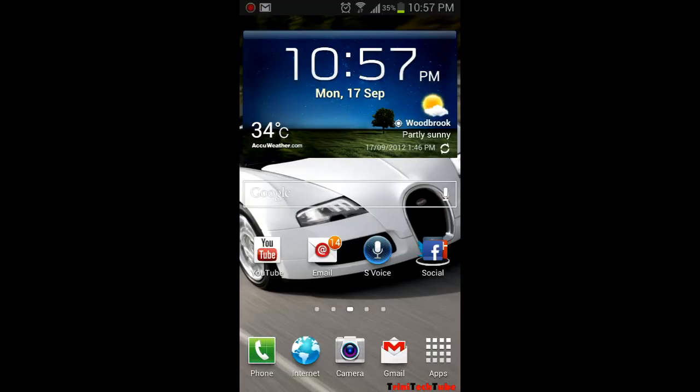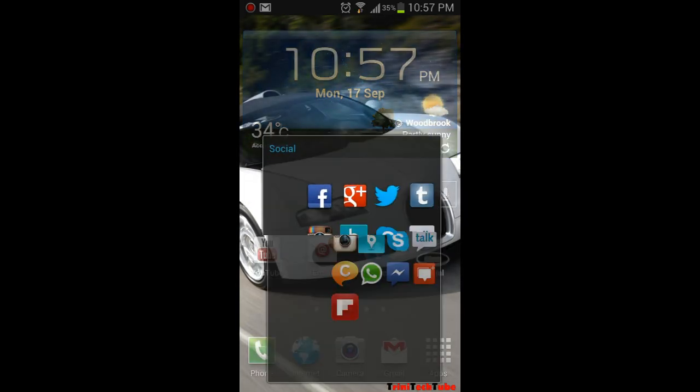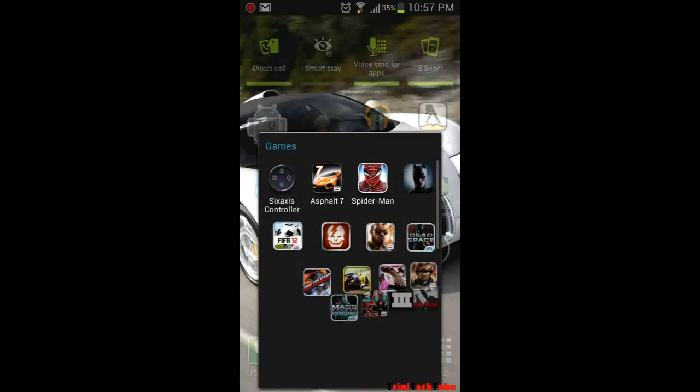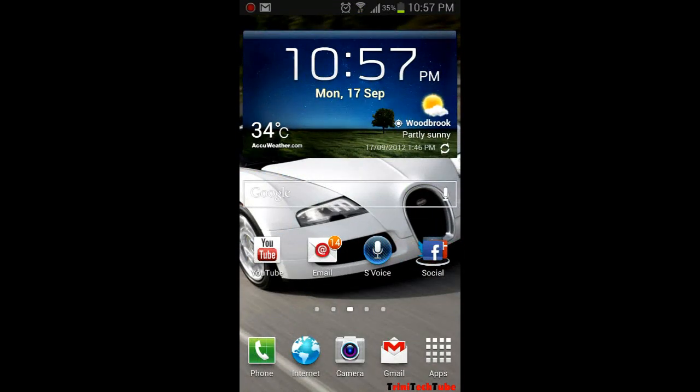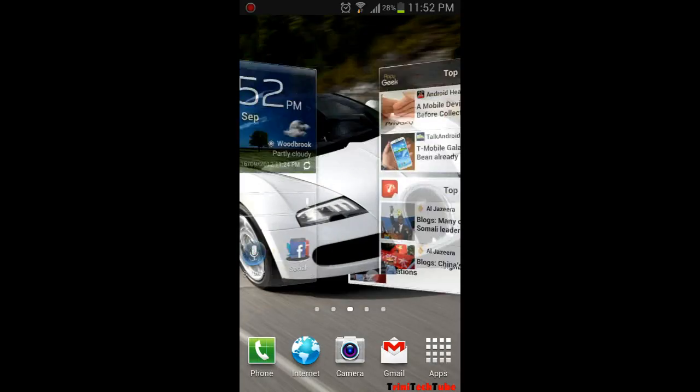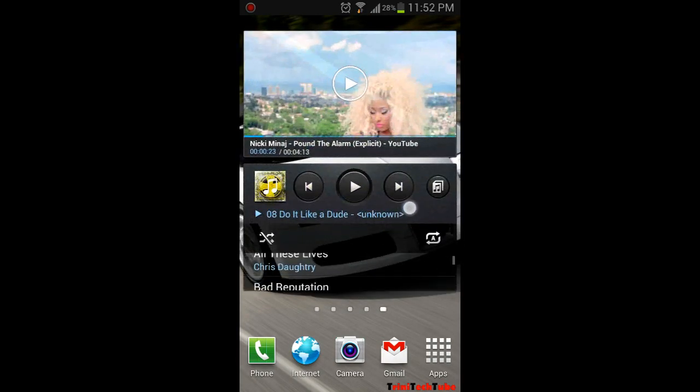You also get new folder animations. I think it's really elegant. Looks really nice. There has been a change to the widget for the music player. There's now an option to shuffle or enable and disable shuffling, as well as repeat. The repeat function is now on the widget itself. In the music player directly,